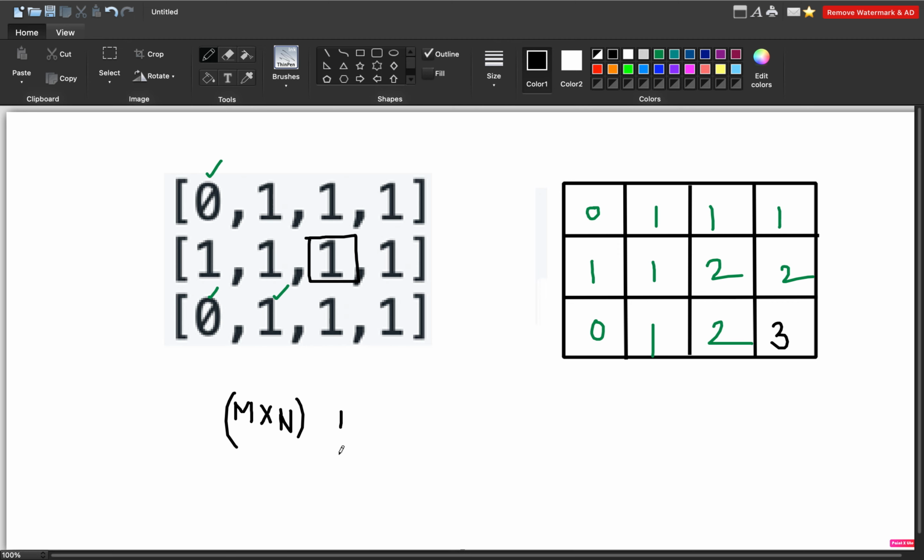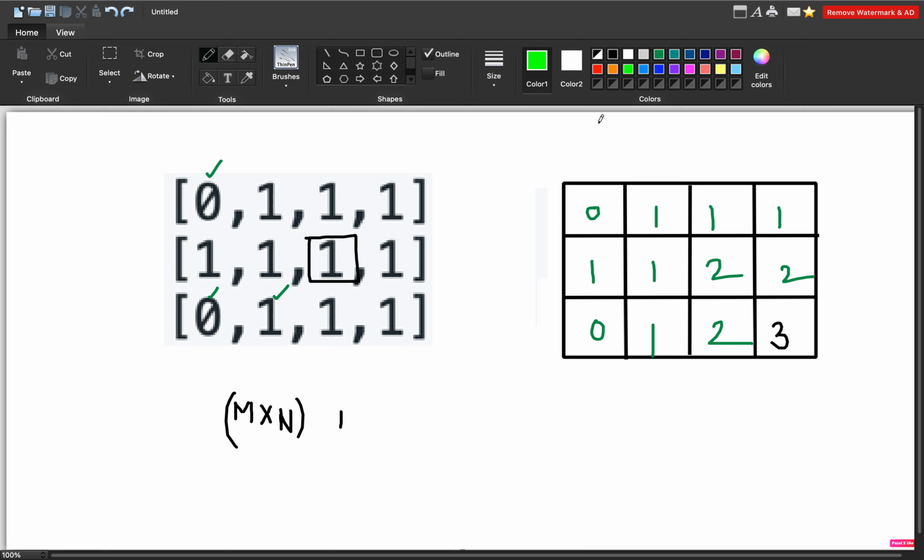Similarly, if the size is 2 for this index only, you will be making a box like this and checking each element, that is, is it 1, because if it is 0 then you won't be considering it.